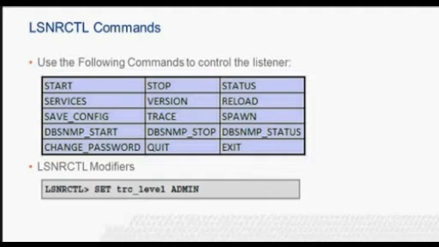We can use the set command to alter parameter values for specified listeners. We set the name of the listener we want to administer with the set current_listener command. Parameter values remain in effect until the listener is shut down. If we want to save these settings, to make them persistent, we use the save_config command to save the changes to listener.ora. We can use the show command to display the current value of a configuration setting.